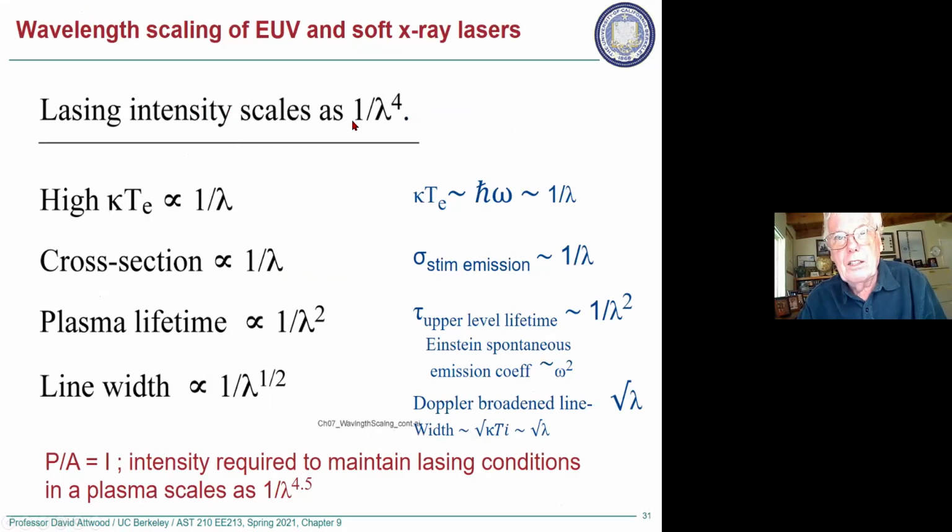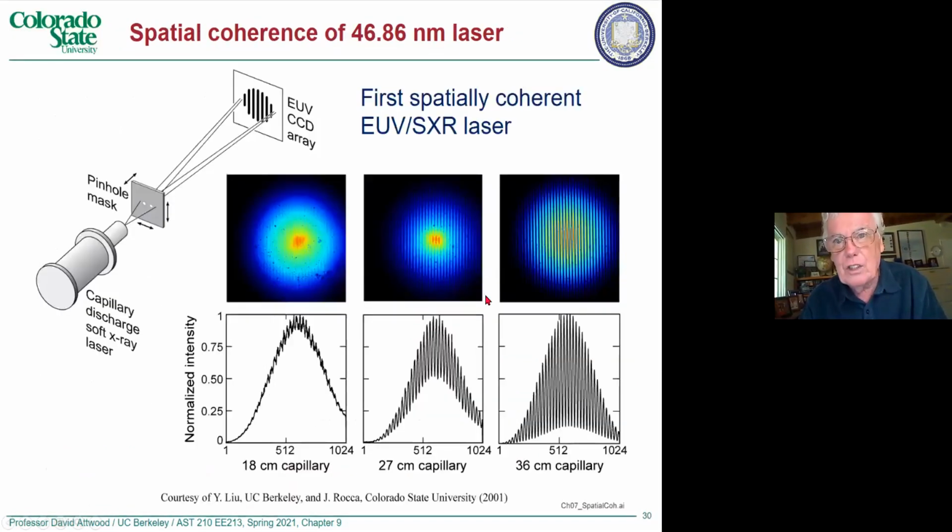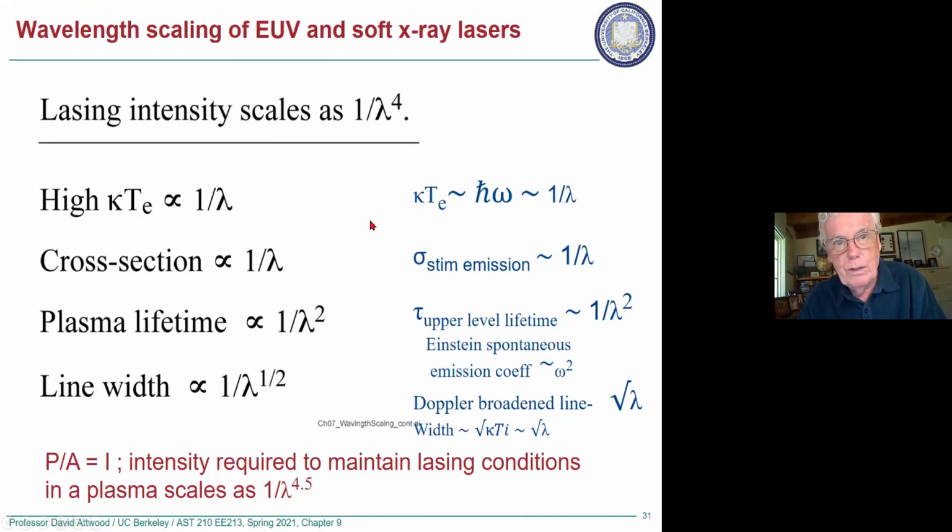Unfortunately, scaling to shorter wavelengths, as I've mentioned, because there's 1 over lambda to the 4th, is actually even a little bit worse than that. And this is where all those lasers come from. One is that without a high temperature, you don't get a laser. So if you want to go to a shorter wavelength, you need a higher temperature. There's a cross-section involved, that's the stimulated emission, and there's a plasma lifetime involved. All of those things make it quite difficult to extend this kind of compact laser to shorter EUV